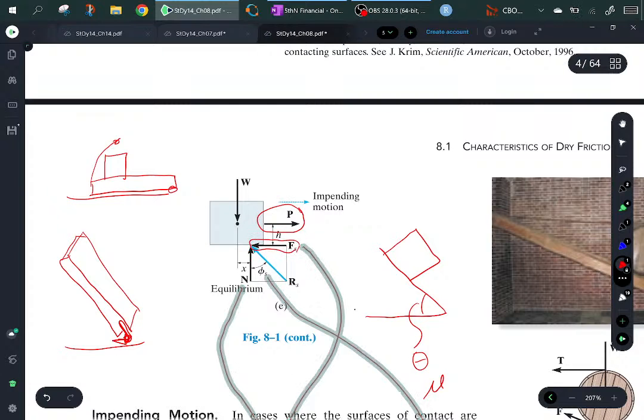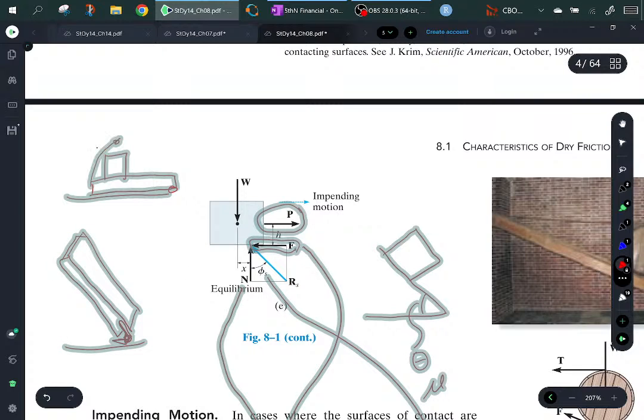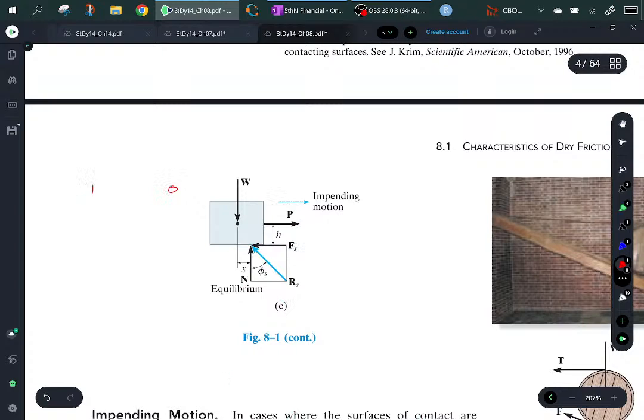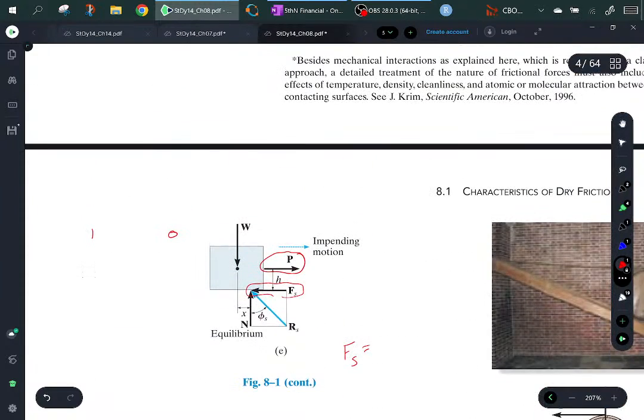So this is a logical argument that's actually pretty important in going through some of these problems, and that is this: if this were not there, neither would this. So in other words, when he writes Fs in this equation right down here equal to mu s times normal, this really should be written